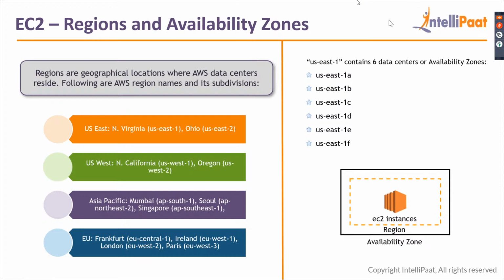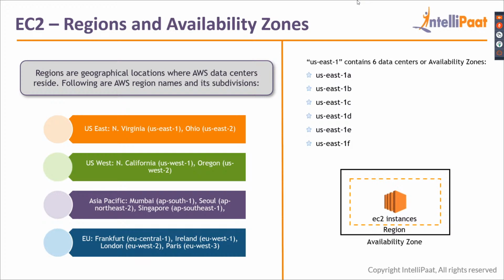So basically, in one particular region there are multiple data centers. Let me give you an example again. There are 6 availability zones in North Virginia. For example, you're hosting your application in 1A and 1B. Suddenly there is an outage in the area of 1A, and that entire data center goes down, but your application will still be running because you also have a setup in 1B. You can use this for disaster recovery, or for fault tolerance.